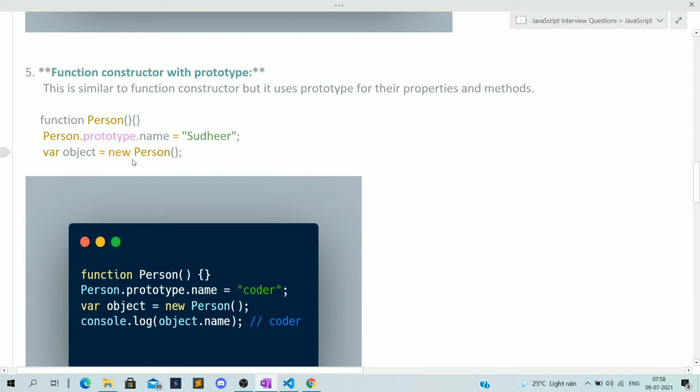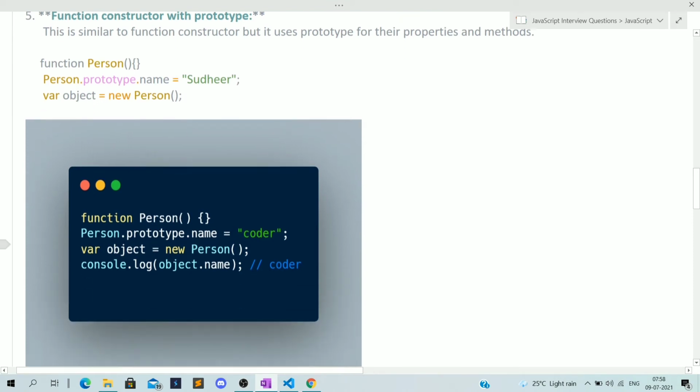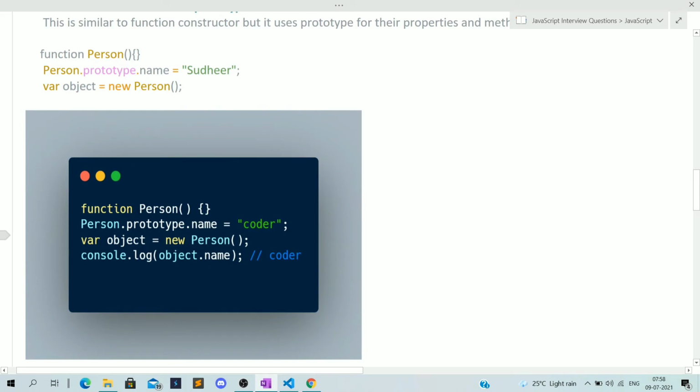Now I am making a function constructor using the new keyword. If I try to access the name property using the object, I will be able to access it. So let's see the example in action. Here we have the function Person, and we are not doing anything inside that function as of now. Using this function name Person, and the prototype property which every function has, we can insert any property. So I am creating a property name and inserting it into the Person function. How can we insert it? By using the prototype.